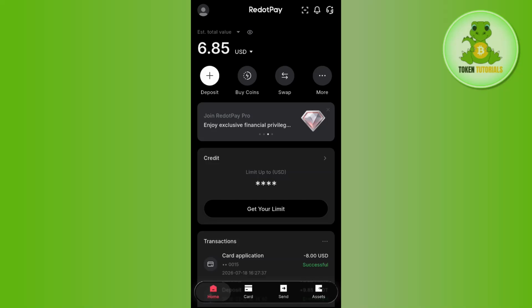Hello everyone, welcome back. In this video, I'm going to show you how to deposit any cryptocurrency into RedotPay. So first of all, you need to launch your RedotPay application and then sign in to your account if you